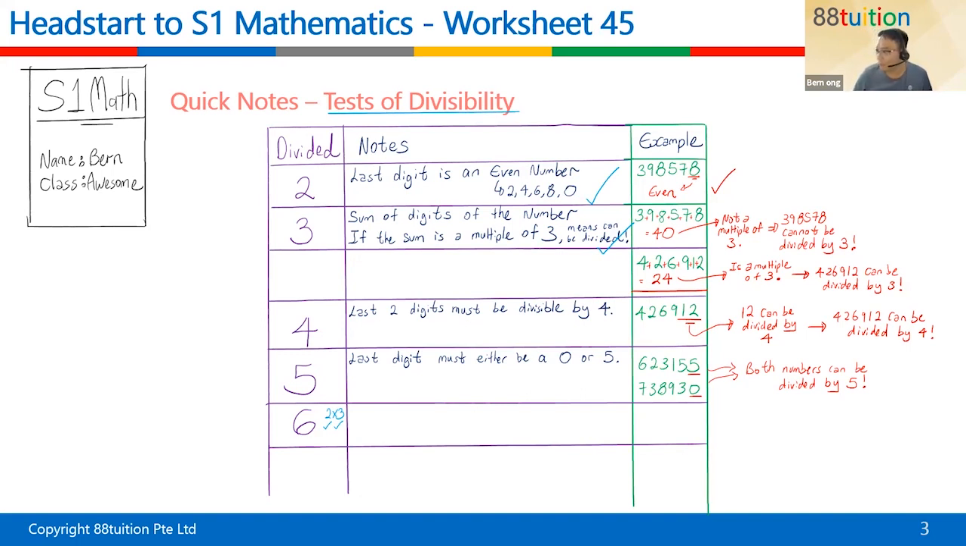So what do you do? You have to first check that it is an even number. You must ensure the number is an even number, means that it is divisible by 2. That is the first check. And the sum of digit